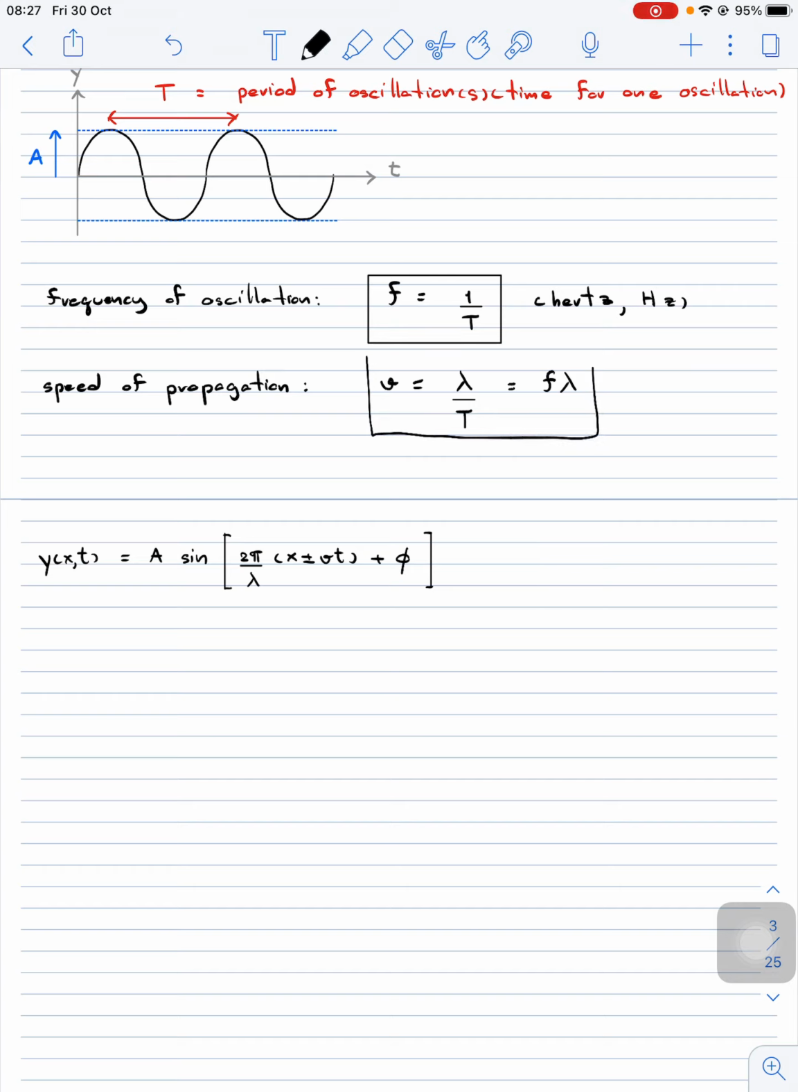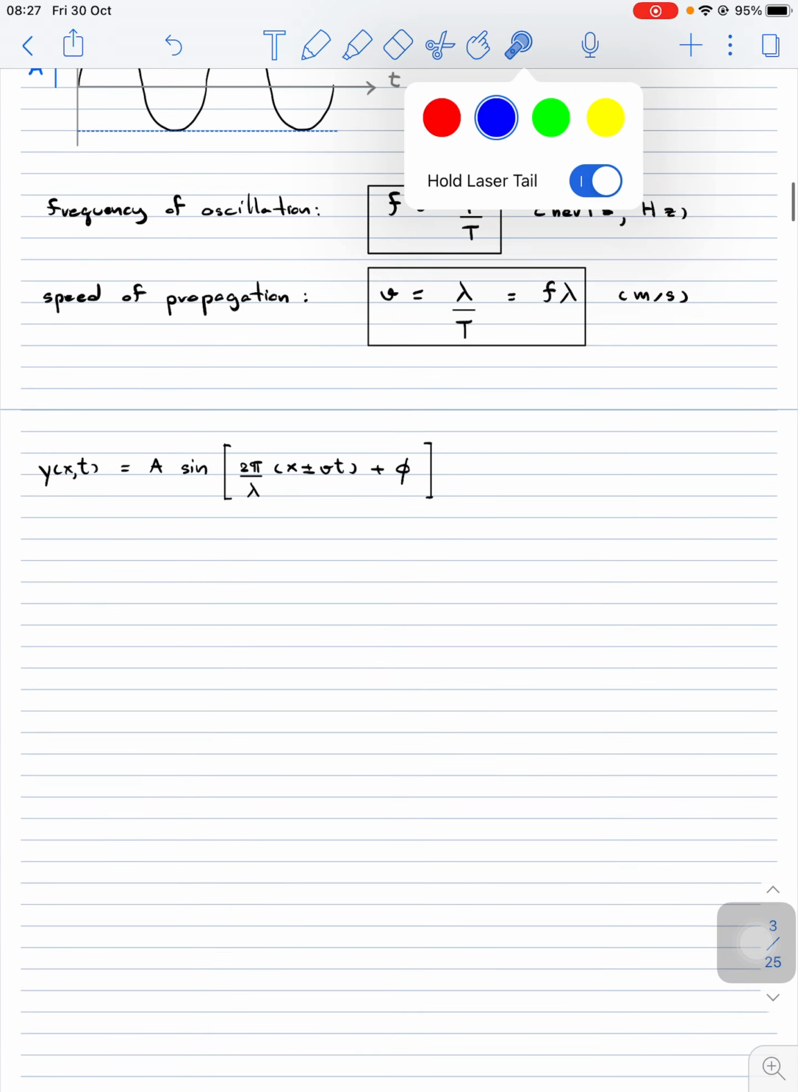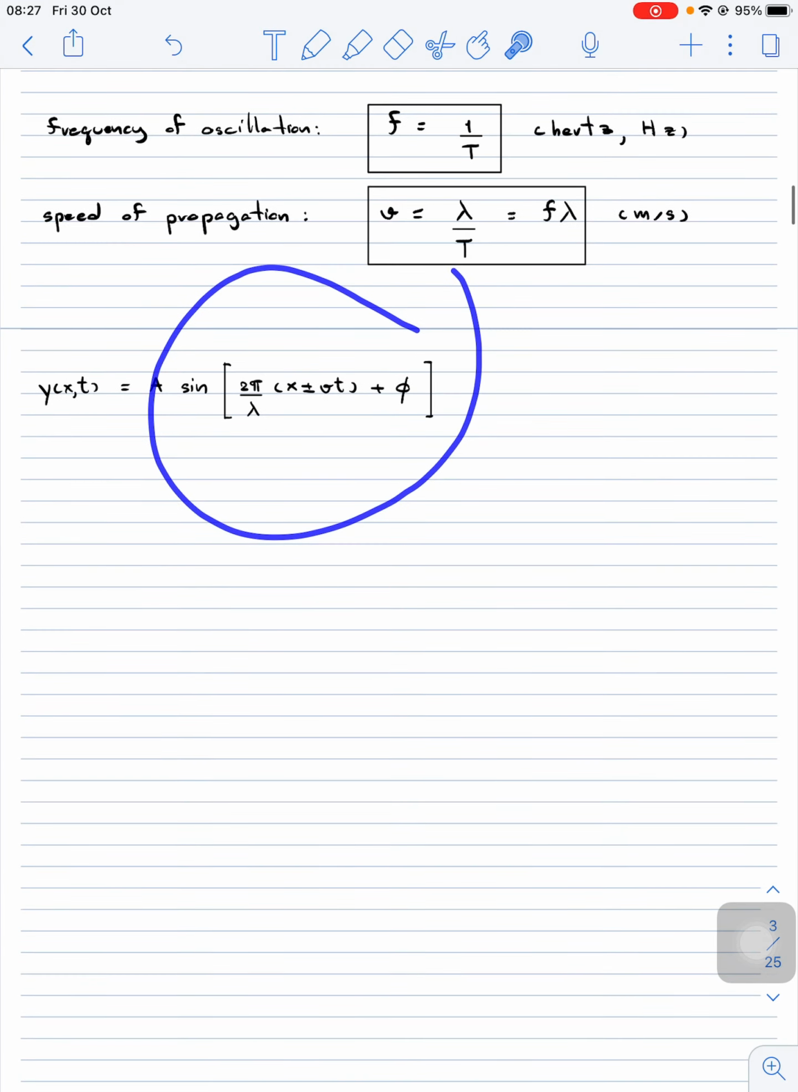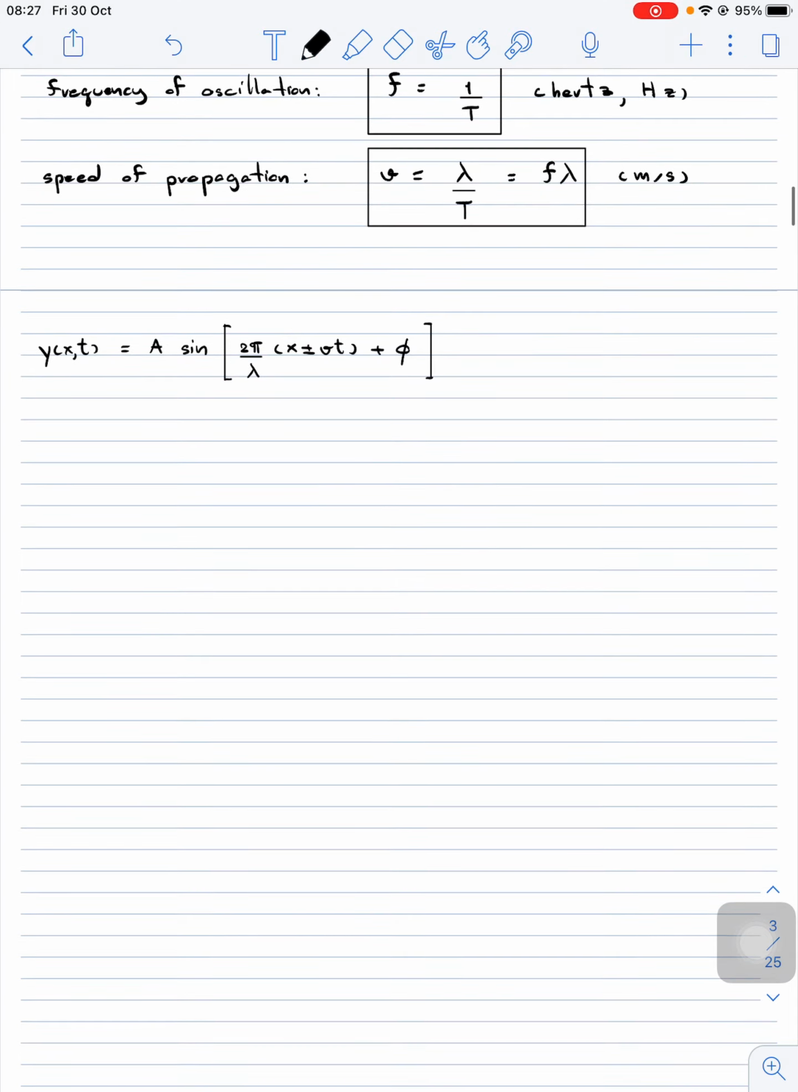So this is the equation of the speed of the propagation of the wave. It's going to have units of meters per second, because lambda is in meters and the time is in seconds as usual. Okay, so now let's come back to these equations. I just want to multiply the 2 pi over lambda into these two terms, and then